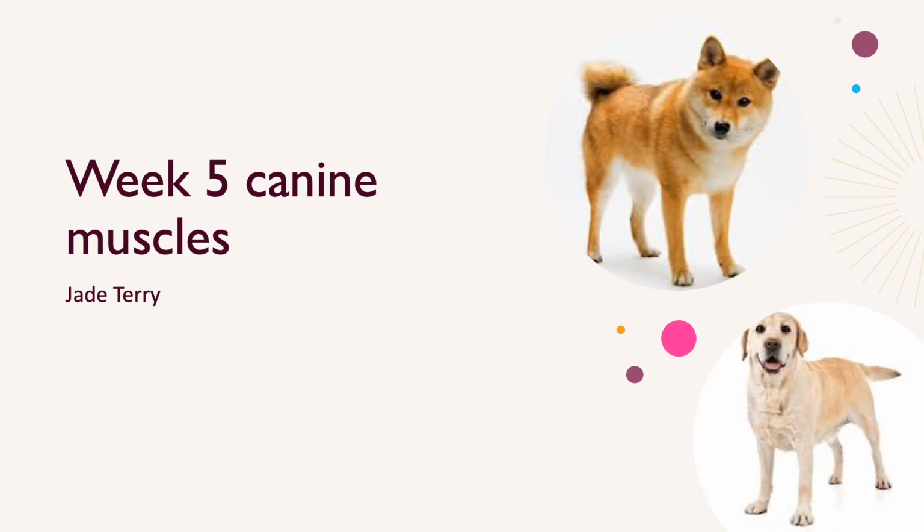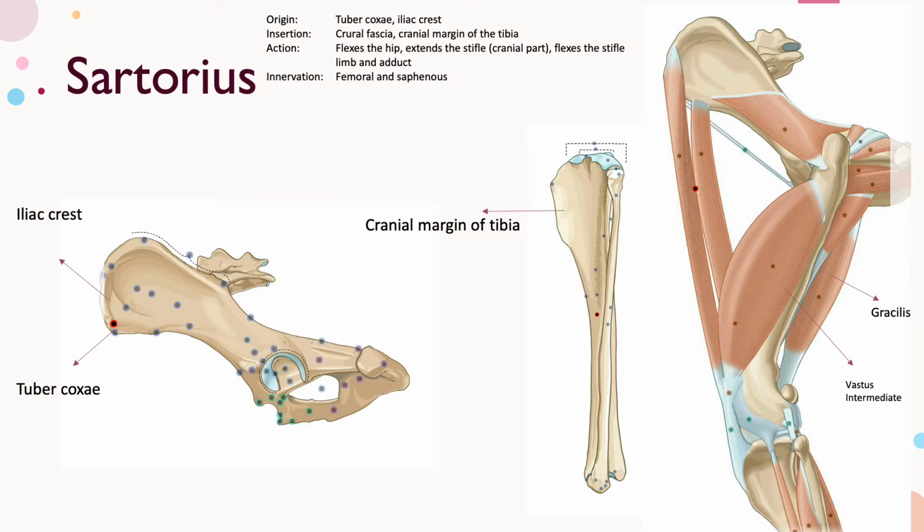This is your week 5 canine muscles. So the first muscle we've got is the sartorius. It originates from the tuber coxae and the iliac crest and inserts onto the crural fascia and the cranial margin